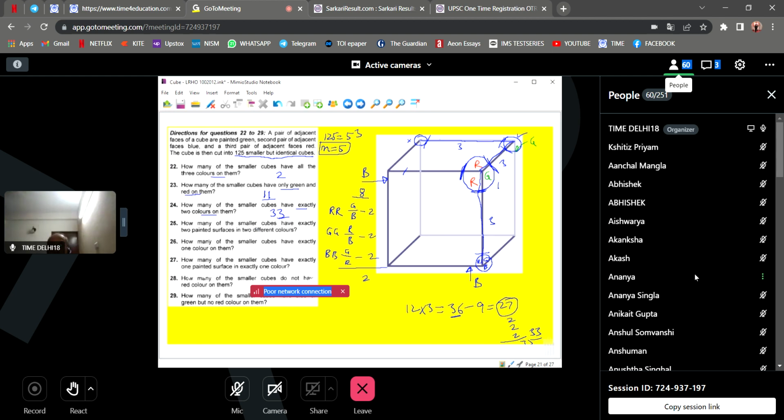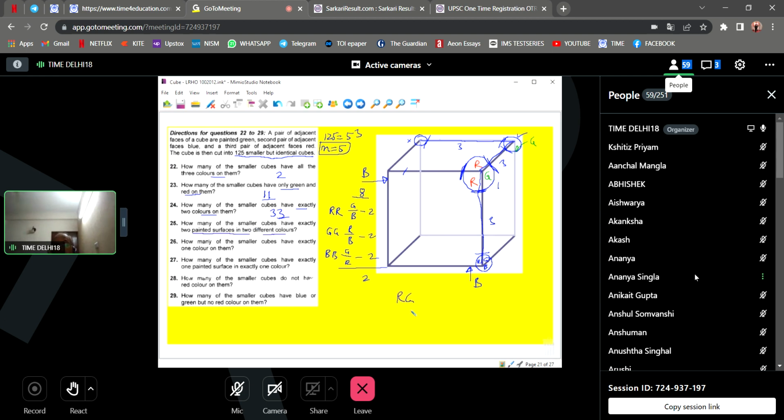Okay, now let's move to the next one. Next one is question number 25. How many of the smaller cubes have exactly two painted surfaces in two different colors? Two painted surfaces and in two different colors. पहले हमने रेड और ग्रीन जो निकाला था उसमें कितने पीसेस थे? 11 पीसेस थे। पर रेड एंड ग्रीन, two colors, but how many surfaces? 2 also as well as 3 also. टोटल नंबर कितना था? 11। अब 3 वाले हमें नहीं चाहिए। 3 वाले कितने हैं? 1 एंड 2।